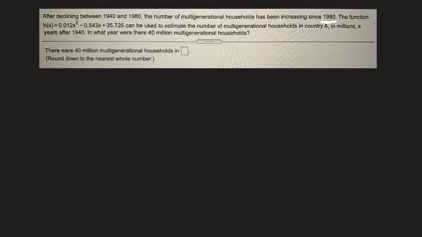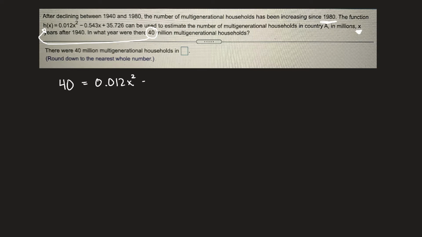That looks like a dandy question. So they are wanting us to put 40, that's million. X is how many years after 1940. But this 40 is supposed to go in where H of X is, because that's the answer to how many multigenerational households. So I'm going to have 40 is equal to